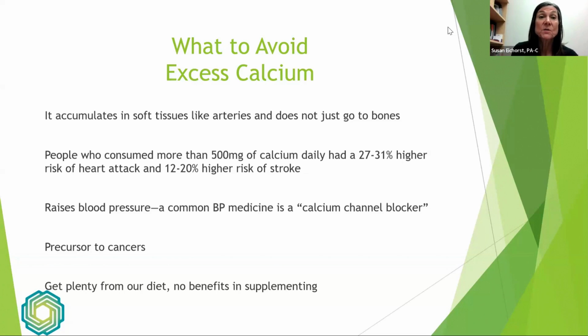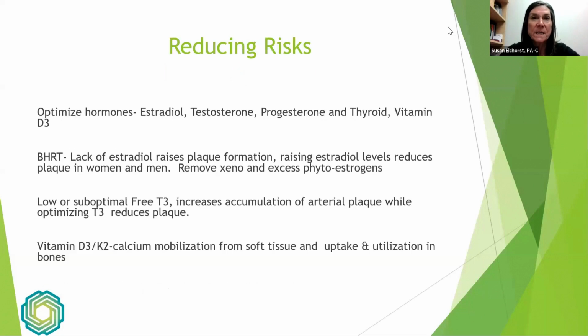Calcium depositions are also precursors to cancers. If you look at mammograms and women's health, we look for calcification depositions in these mammograms because we tend to find associated cancers with them. So if you remove the calcium, and I mean out of the diet, out of that deposition, that removes that progressing into a cancer. You get plenty of calcium in your diet. Eat more leafy greens. There's zero benefits from calcium supplementation, and we need to get that information out.